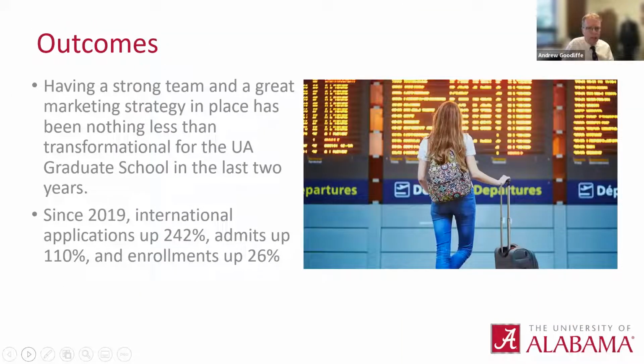I have been really, really impressed with how things have worked, especially in the last couple of years. So having that strong team and a great marketing strategy in place has really been transformational for us, especially as we grow our international enrollment. The numbers really speak for themselves. So since 2019, our international applications are up about 242%. I mean, it's really, really stunning. We're up about 110% on admits, and enrollments up about 26%,